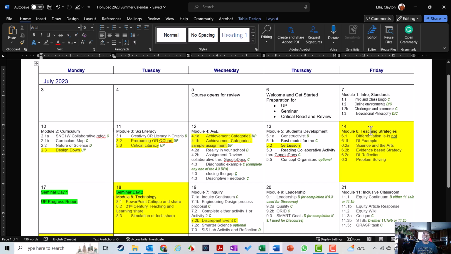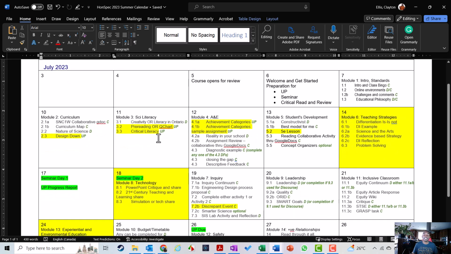As I go through my calendar here, you'll notice there's other things that are highlighted in yellow. Anything that's highlighted in yellow is something that is completed for the unit plan and not completed in a post. If you really want to have that conversation in the course, you're more than welcome to. I've left those discussion forums live, and so you can participate, but I think you'll find it overwhelming enough that you'll probably want to focus on the discourse that I will be assessing and that have the possibility of rich conversation.